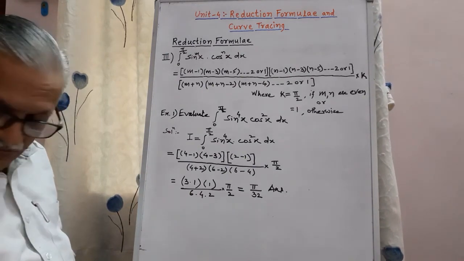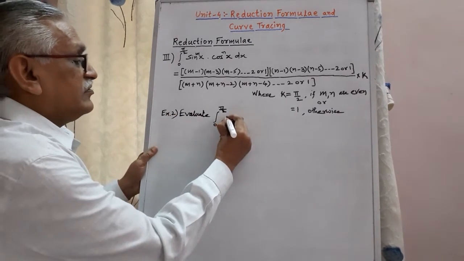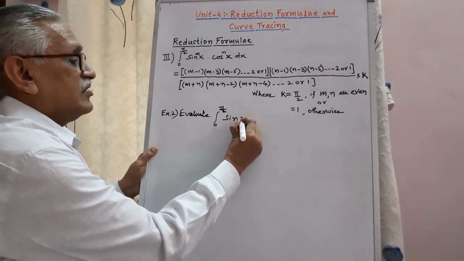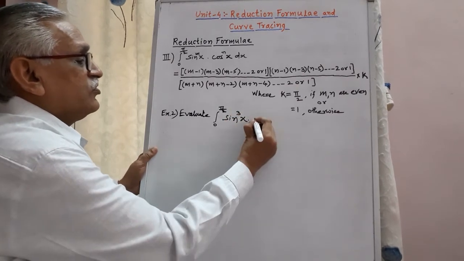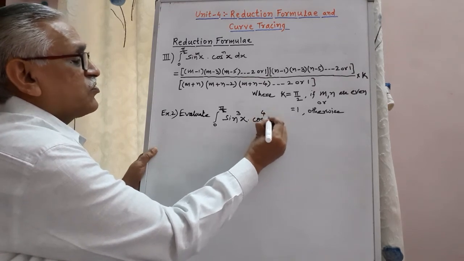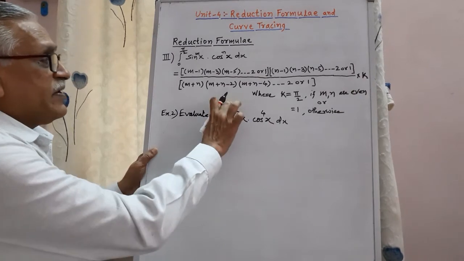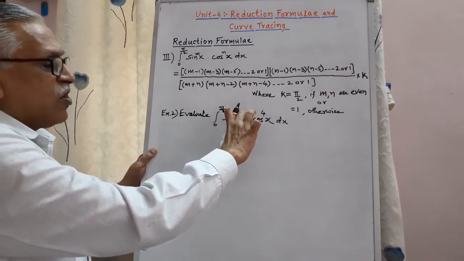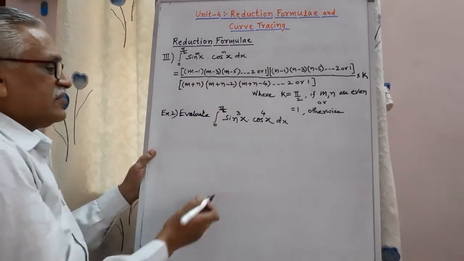Next example. Second example. Evaluate the integral of sin cubed x into cos x raised to 4. The limit is 0 to pi by 2, which means we can use this reduction. The value of m is 3, which is odd, and the value of n is 4. Therefore, applying this result,